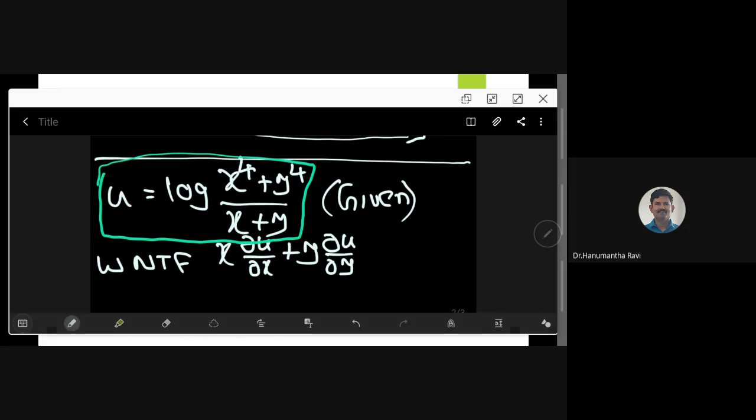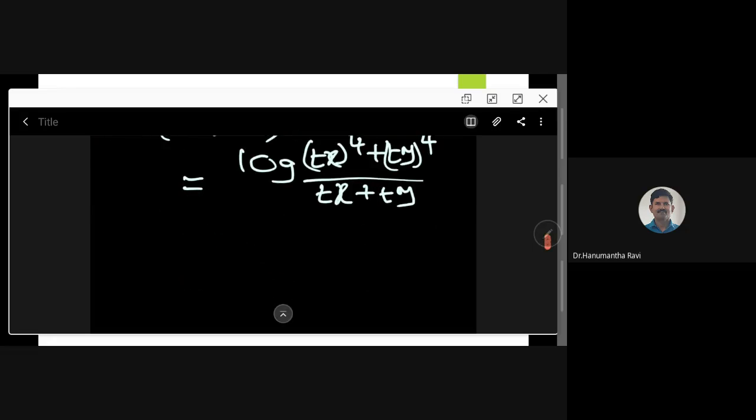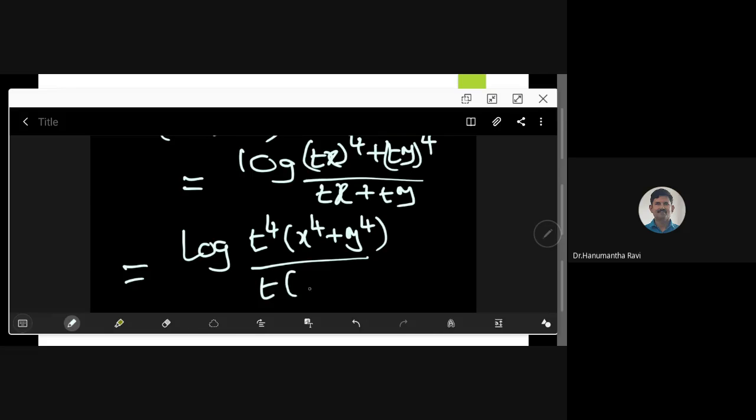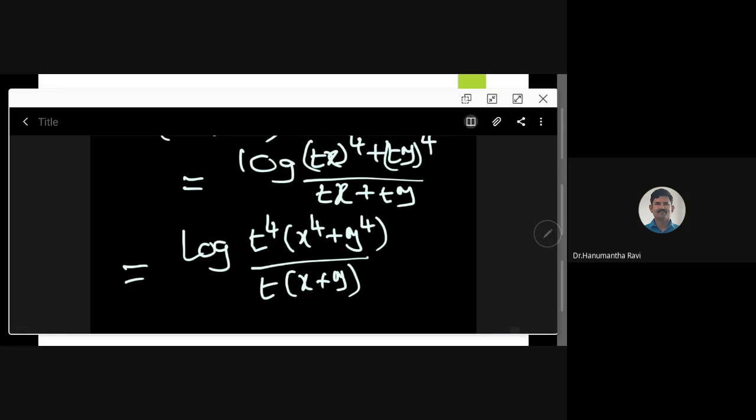So in that case, this can be further simplified to log of t power 4 into x power 4 plus y power 4 by t into x plus y,